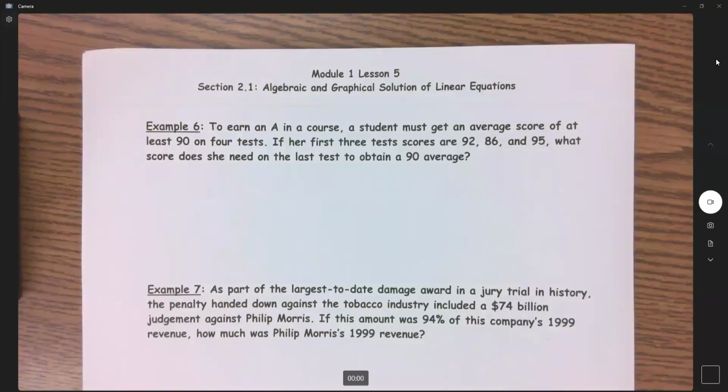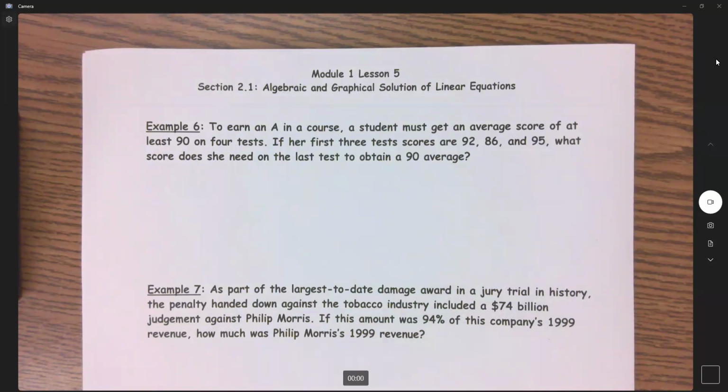We're going to end this lesson with a couple application problems, and these are going to be similar to the homework questions you see in my math lab. So example 6 says to earn an A in a course, a student must get an average score of at least 90 on 4 tests. If her first 3 test scores are 92, 86, and 85, what score does she need on the last test